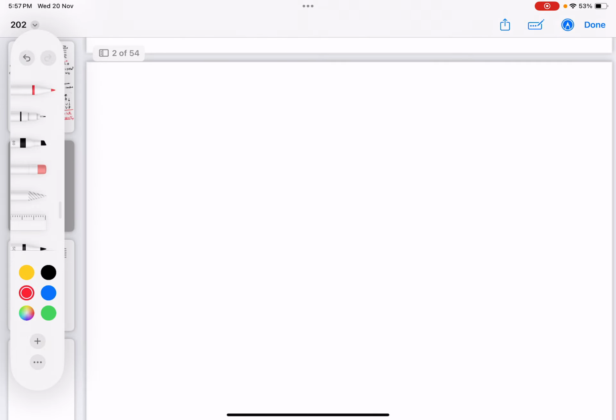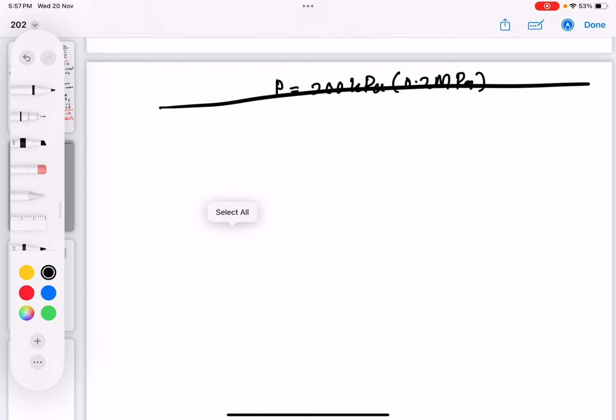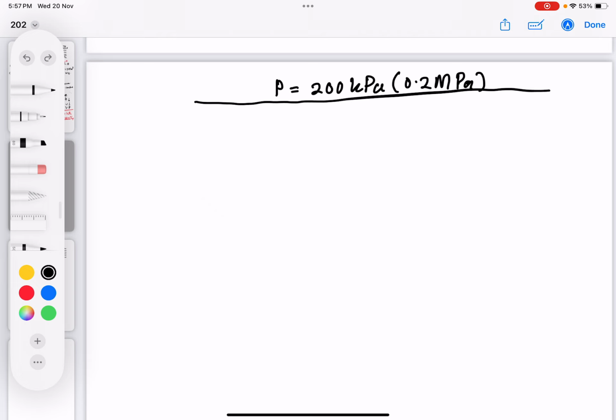So I'm going to move it here. I will start with something like this. Pressure equals 200 kilopascal or 0.2 megapascal. And then I'm going to draw a line over here. So now I have temperatures of 60 degrees Celsius. And then I also have temperatures which is unknown. And then I have temperatures of